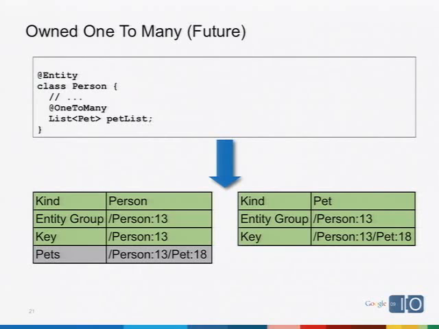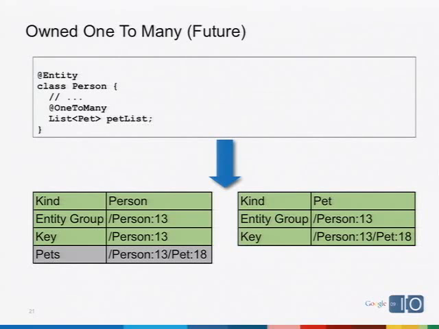Well, I can think of two reasons. First off, if the parent has a reference to its child, that opens the door to a certain subset of join queries that you can't otherwise express using the data store. This lets us issue a query that says, give me all people, or give me a person older than 30 that owns a particular pet. That is a type of join query that is otherwise difficult to express.